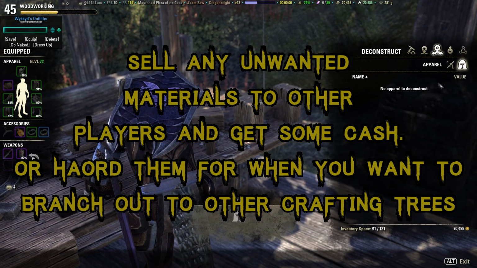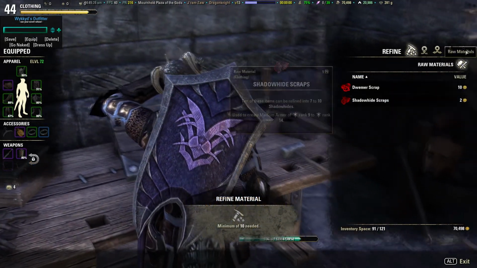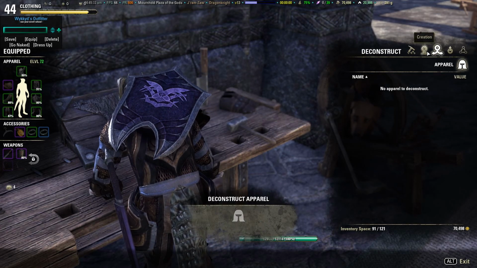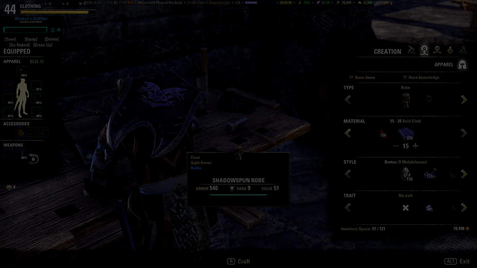that when you're a higher level and you max out, say, your blacksmithing or your clothing or your woodworking, you can then maybe decide, hey, I want to level up my other crafting trees so that I can craft armor for my other characters. So you've already got a horde of crafting materials that you can use to level up